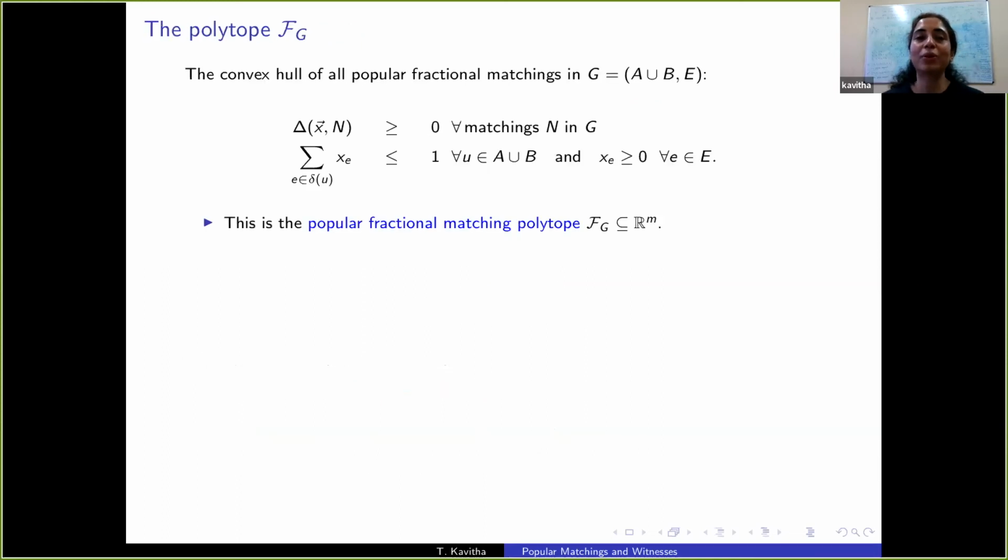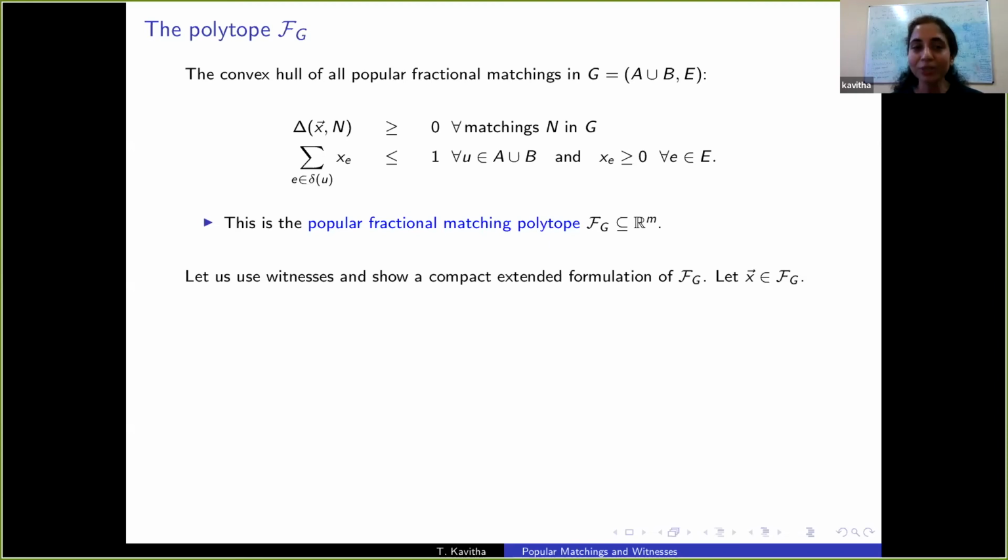So how do we describe the convex hull of all popular fractional matchings? It's not integral, because there are fractional matchings that cannot be expressed as a convex combination of popular matchings. We can write it down in the following manner with exponentially many constraints: delta x comma n is non-negative for all matchings in the given graph, and the remaining constraints are just the matching polytope constraints. Now let's go back to witnesses and show there is a much nicer way to formulate this polytope. Rather than these exponentially many constraints, we can come up with only linearly many constraints, a compact